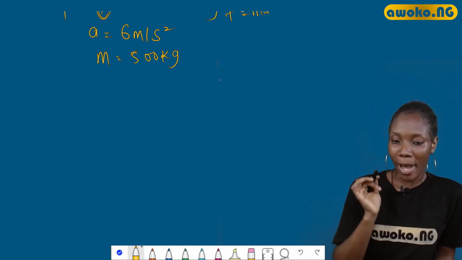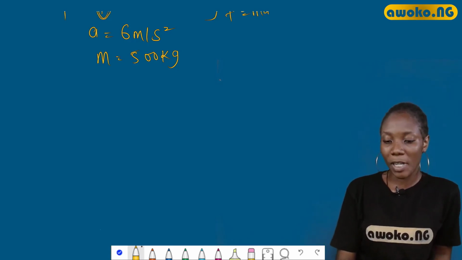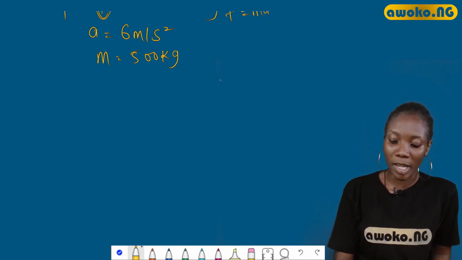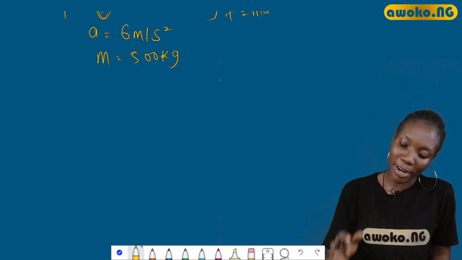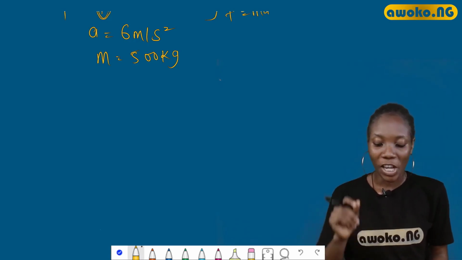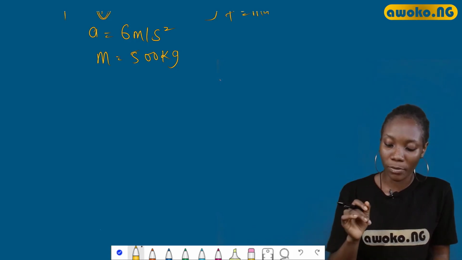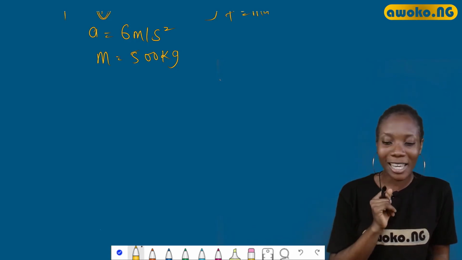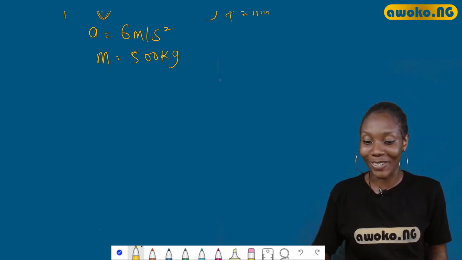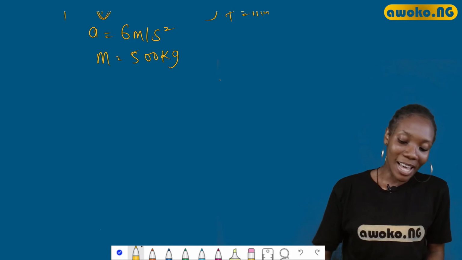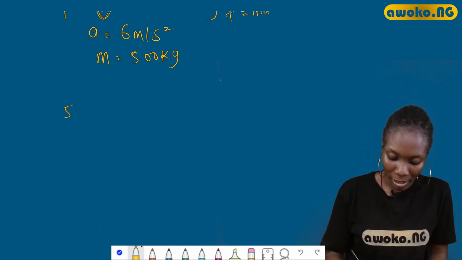A body of mass 6 kg moving with a speed of 20 meters per second is suddenly hit by another body moving in the same direction, thereby changing the speed of the former body to 50 meters per second. What is the impulse received by the first body? So I like all this kind of question here. Okay, now the question said the body, remember I always say list out your parameters. So this is our question 5.